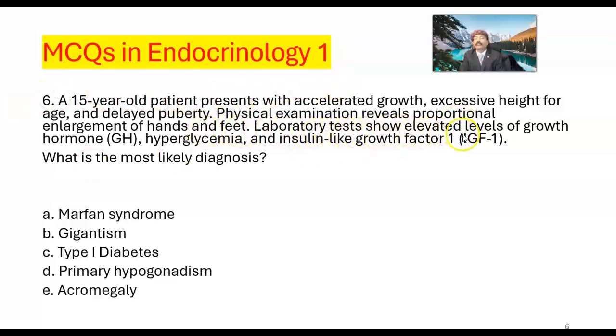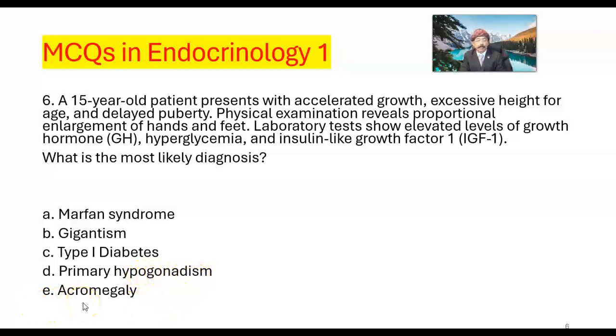Laboratory test shows elevated levels of growth hormone, hyperglycemia, and insulin-like growth factor 1. What is the most likely diagnosis? Marfan syndrome, gigantism, type 1 diabetes, primary hypogonadism,